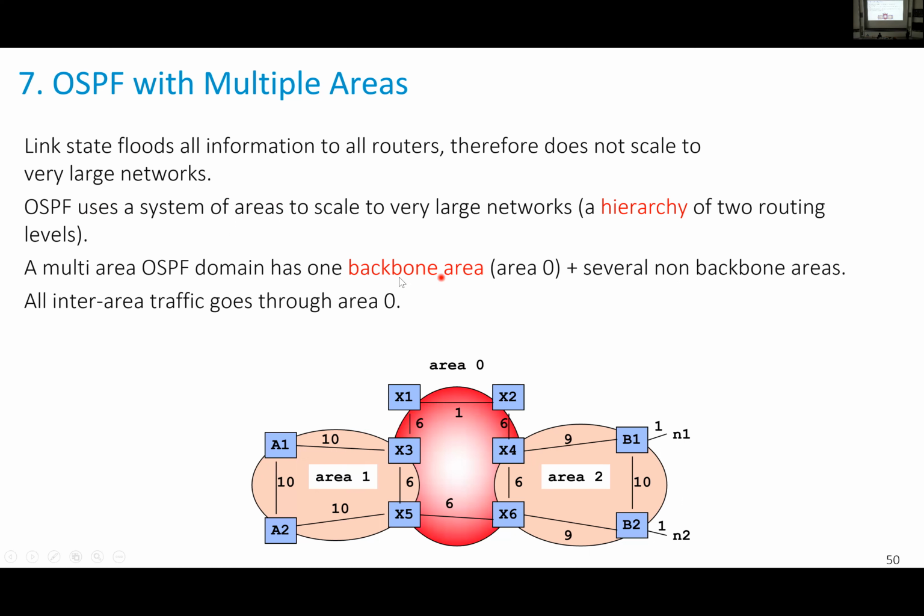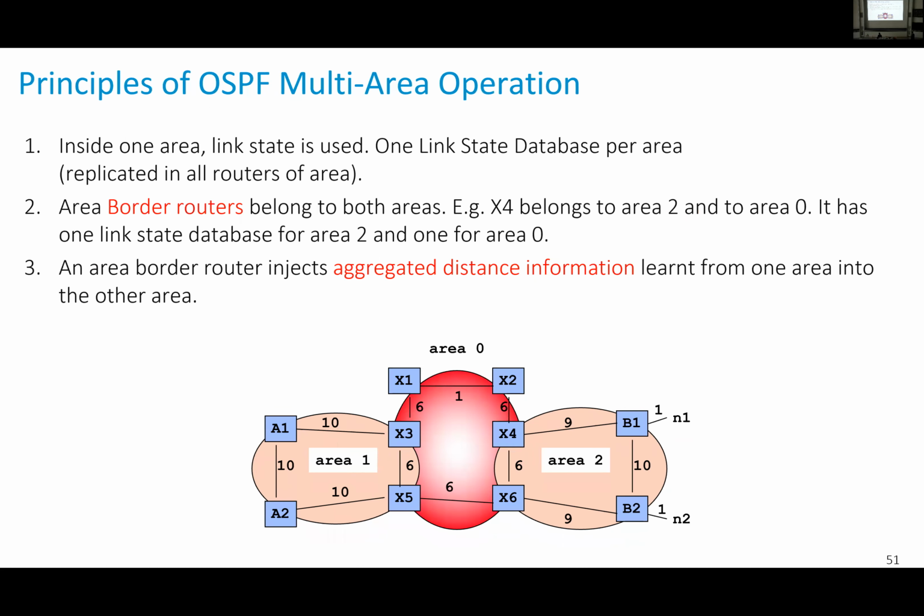And why is the backbone area 0 called backbone? Because all traffic that goes from one area to another should go via the backbone area. This is how we avoid complexity in the area description. So the principles are, inside an area we do link state, and there are routers that must be at the